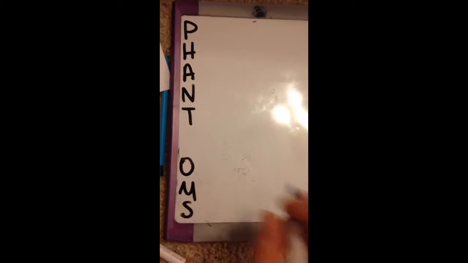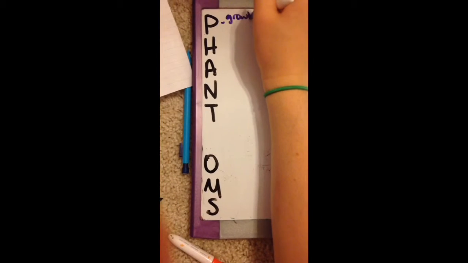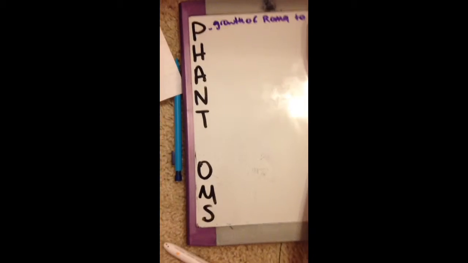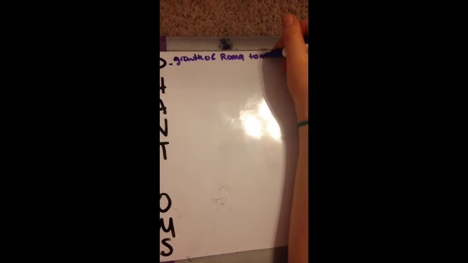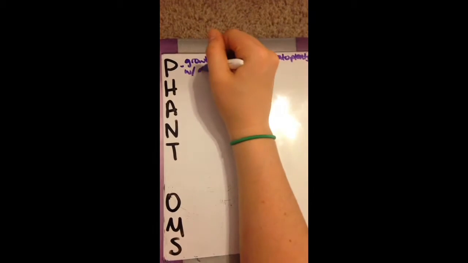Our table gives us our mean, standard deviations, and n. So for this problem, we're going to use PHANTOMS. The P stands for parameter, and in this problem, it is growth of Roma tomato plants with an additive